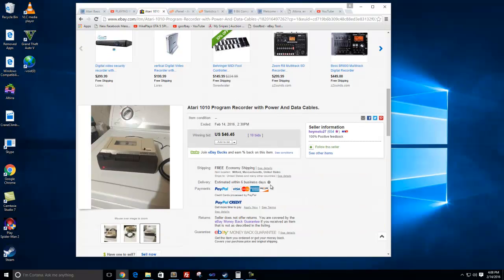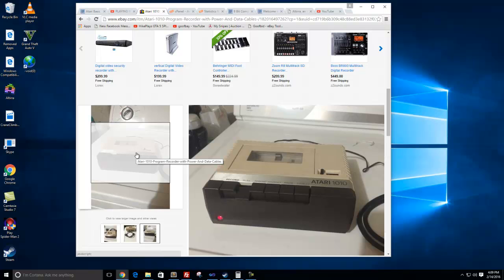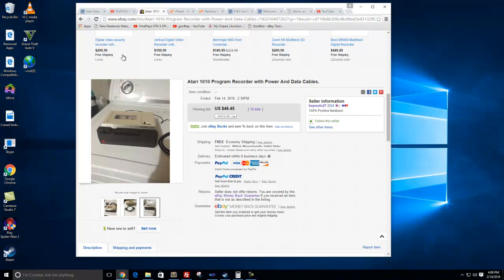And I'm really ecstatic about this, excited, because I actually have two other tapes with Atari programs on them that I have not seen in over 20 or 30 years or whatever. So hopefully we'll get to those and I'll start uploading those videos and sharing whatever little programs I wrote back then. These would be my very first programs I ever wrote on a computer. So very, very retro stuff. So I'm hoping to get that. Once I get it, I'll let you know and throw some videos up there.